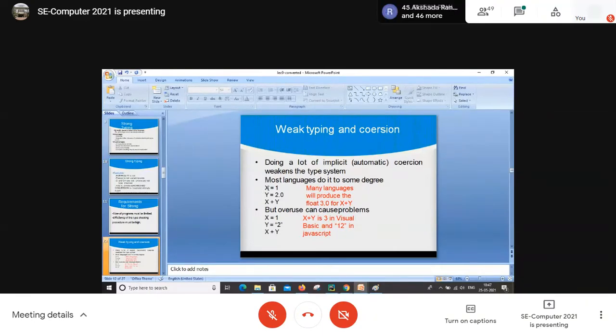The user writes the complete program correctly without any errors. The programmatic statements are correct: declaration is correct, assignment is correct, the arithmetic operation is correct. But what result will we get? Whether we'll get a float value or an integer value. Let's say I get a float value 3.0 for x plus y because float has higher precedence. If I get a float 3.0 and I don't want 3.0, I want an integer value, will I get that? No, I will not get that value.